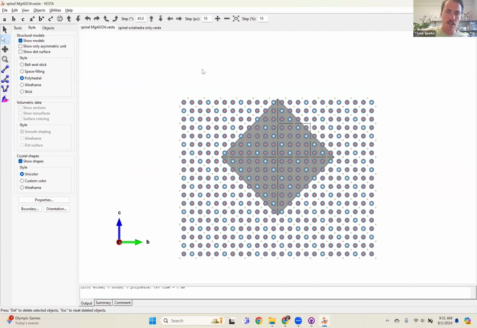And then you can delete this. If you accidentally deleted the wrong thing, you just hit escape and it brings all the deleted atoms back. As you delete these, it should get faster because it's rendering fewer, because you're telling it don't show those. So when you have to rotate this and mess with it, it should get faster and faster as you